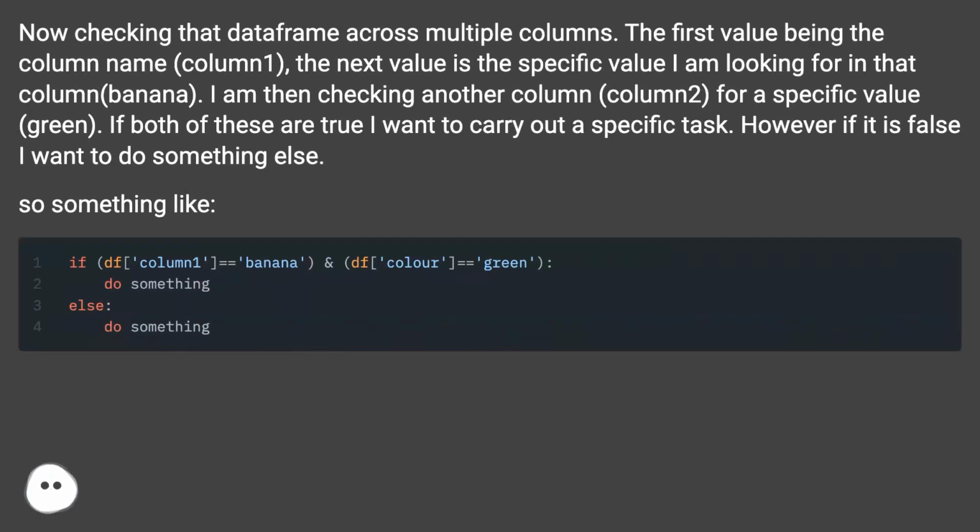Now checking that DataFrame across multiple columns. The first value being the column name, or column 1, the next value is the specific value I am looking for in that column, or banana. I am then checking another column, or column 2, for a specific value, or green. If both of these are true, I want to carry out a specific task. However, if it is false, I want to do something else. So something like